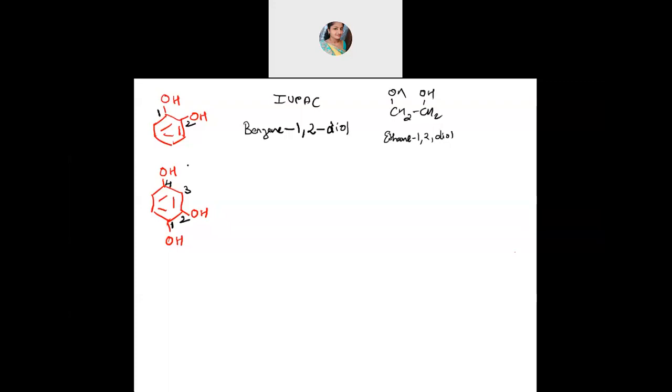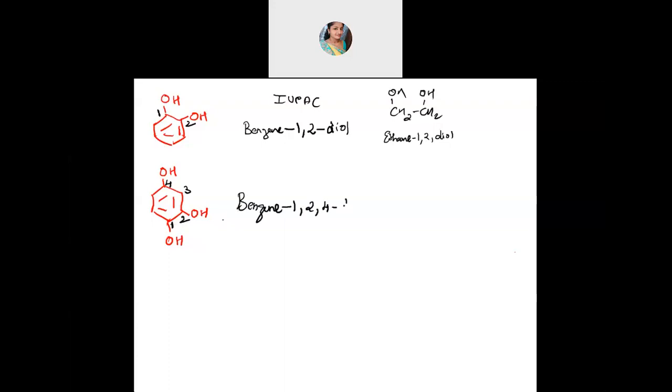If you start from here, if you are numbering from this, I'll take that number also. 1, 2, 3 and then 4. So 1 plus 3 plus 4, 8, no? And you should know that the least number should be chosen. Yes, least number. So you should number from down where the substituents are nearby or the functional groups are nearby. So if you number from this side, it is wrong. So down to up you will go. Now you tell me the correct name. Now it is benzene. Full name, because it's having three similar functional groups. So full name, benzene. Now give the position 1, comma 2, comma 4.